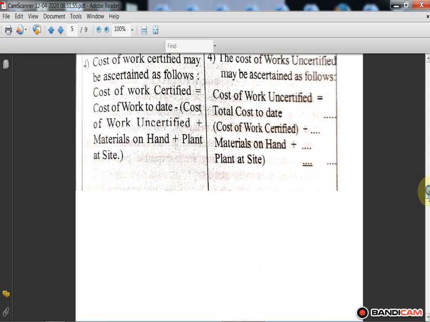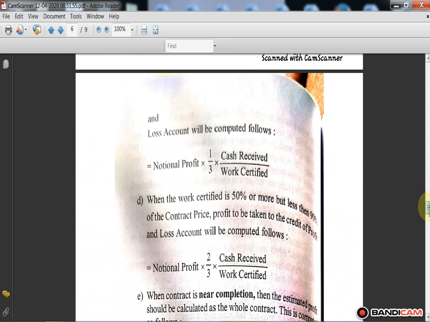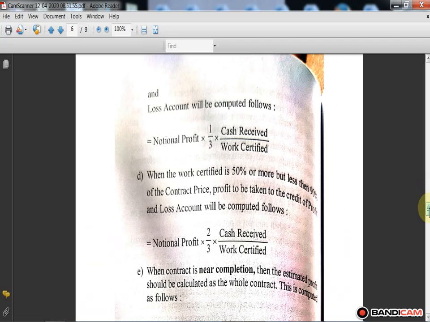Now we will discuss the calculation of profit during contract costing. Here the first formula is given. The profit and loss account will be computed as follows. This formula is helpful to find out the notional profit if the work is certified